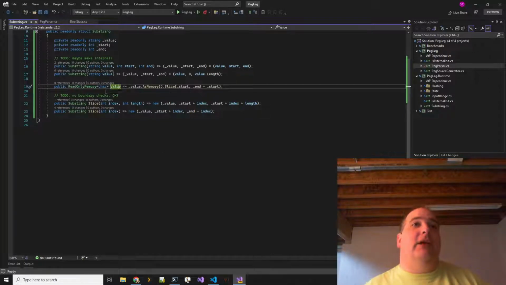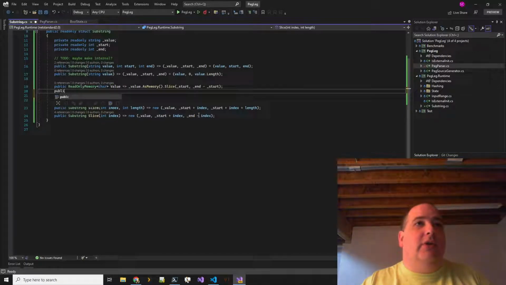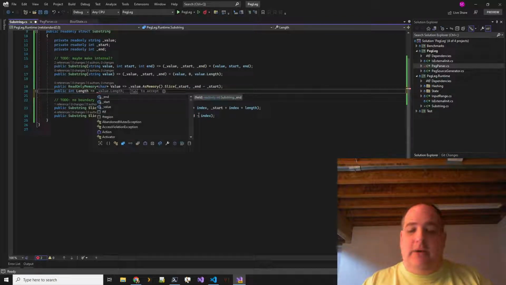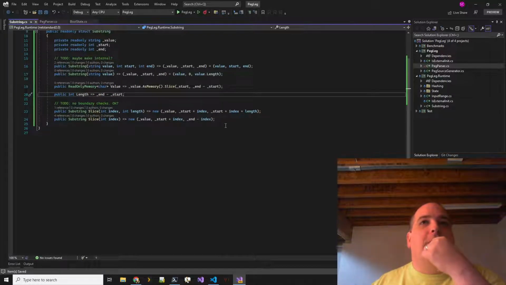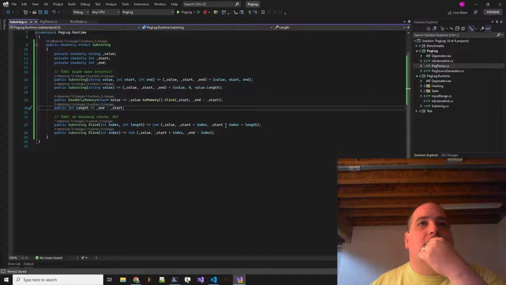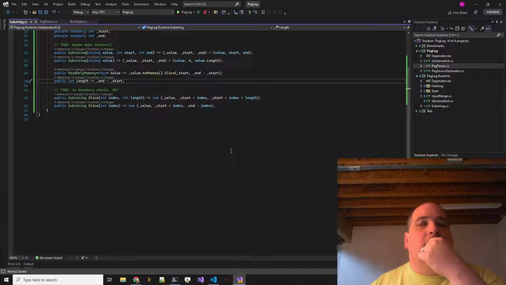But the other thing we need is a length. Easy enough. Which is going to be n minus start. Okay, so if this is start plus index and minus index.